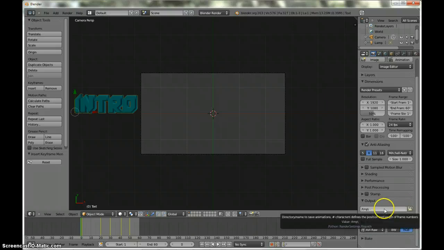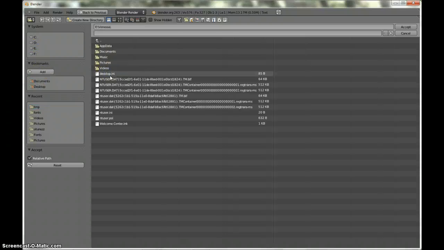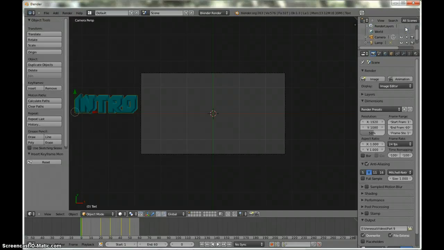And you're going to go right here where it says TMP. You're going to press the file button and just save it wherever you want. I'm going to save it in E. Then I'm going to save it as part 9. I just like putting part 9. I didn't do it for that. I don't know why. Okay, once you do that, you press accept, and then once you have all that done,